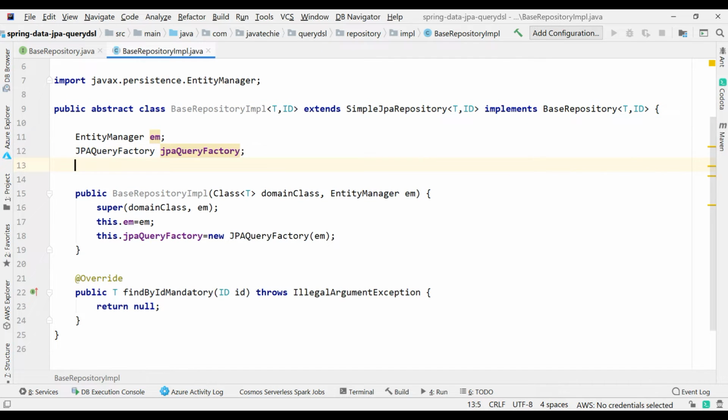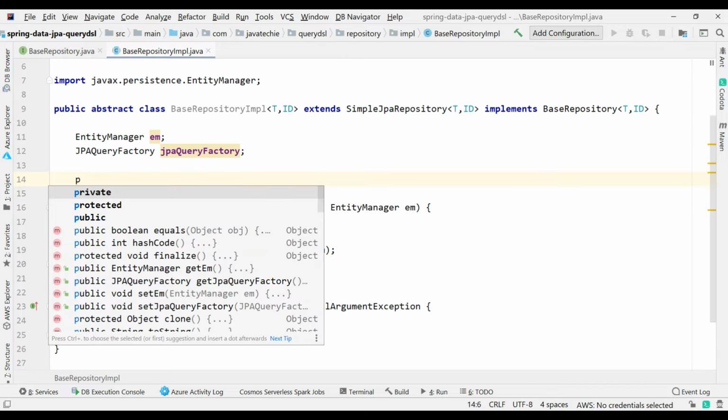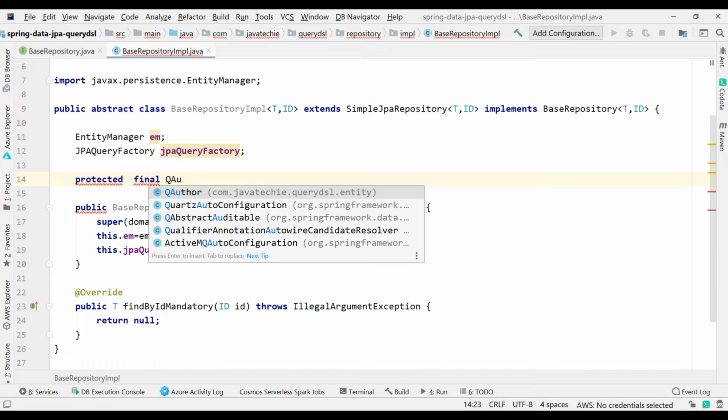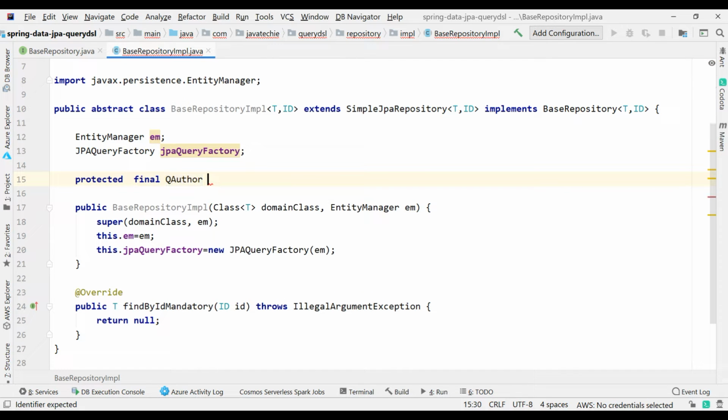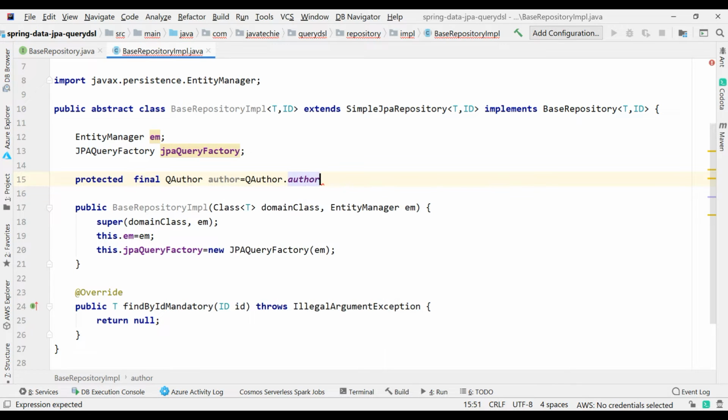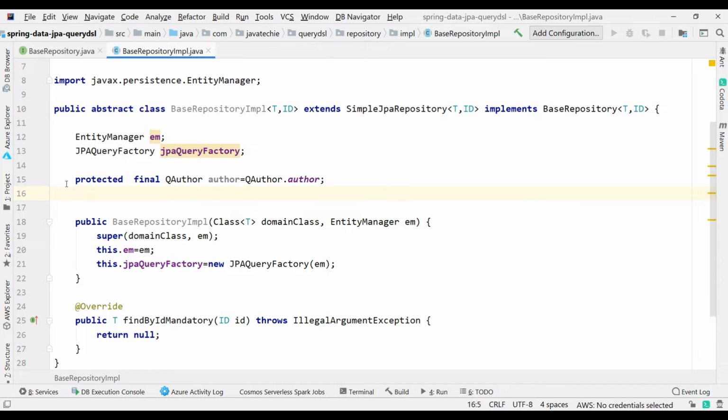So I'll define these two. I'll define something like protected final QAuthor, and I'll name it author, equal to QAuthor.author. Similarly, I will create QBook.